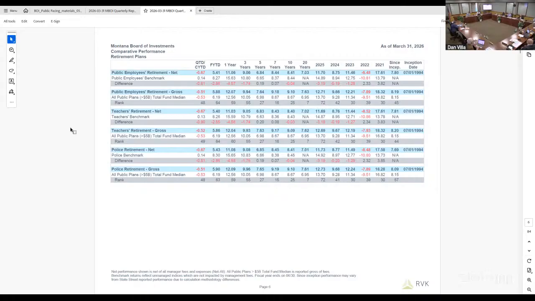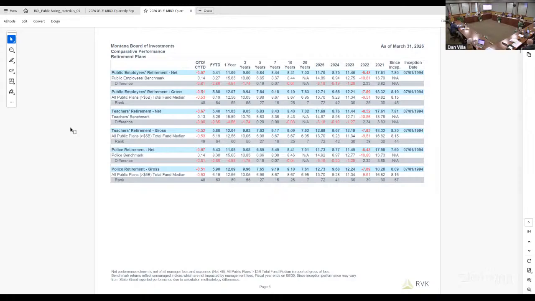5 years, 6.8. That is including that difficult 2022 when equities and fixed income corrected simultaneously, the worst bond aggregate index experience that we have had in the history of that index. So that was a tough year. And so on. So relative to our benchmark, we're a bit behind in the nearer periods, which we tend to be because of primarily the private market investments that are not marked to market as frequently. We compare them to public markets. We'll have more supplemental information on that, as you know, in just a few minutes.